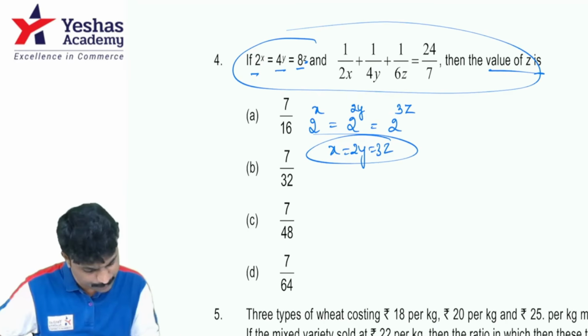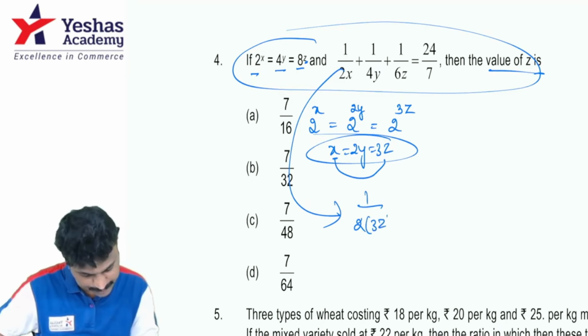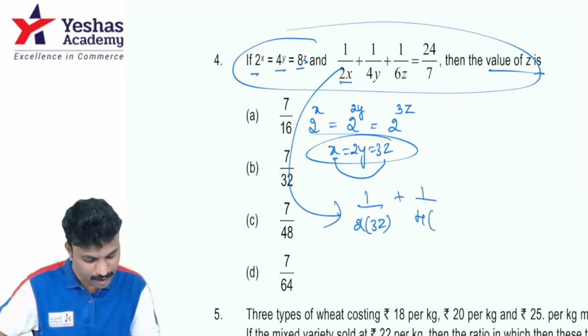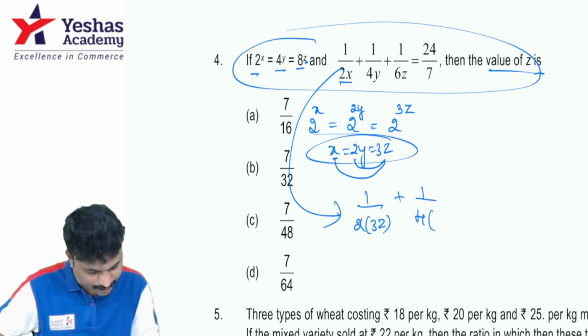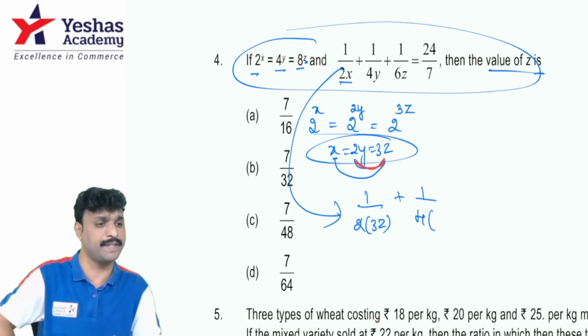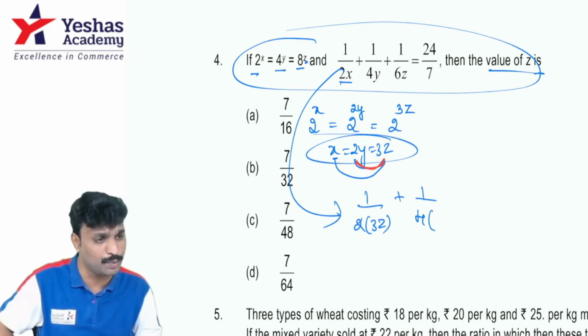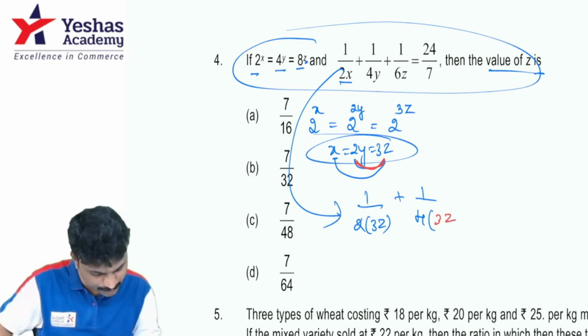Express everything in terms of what? Z only. So what is my x? X is equal to 3z. So 2x is 2 into 3z, plus 1 by 4y. Guys, what is y? 2y is equal to 3z. I'm going to express y in terms of z. So 2y is equal to 3z means y is equal to 3z by 2, plus 1 by